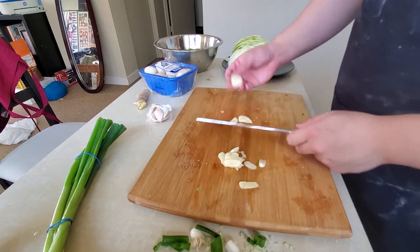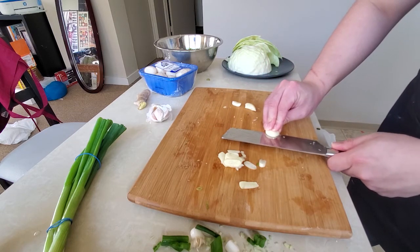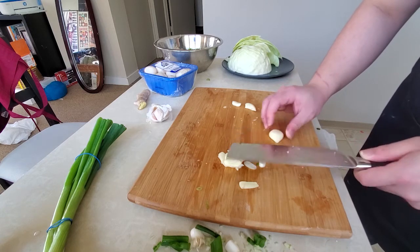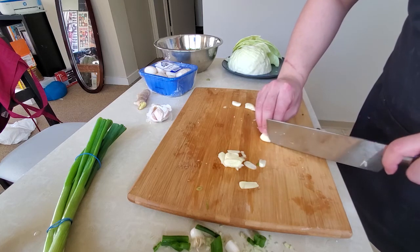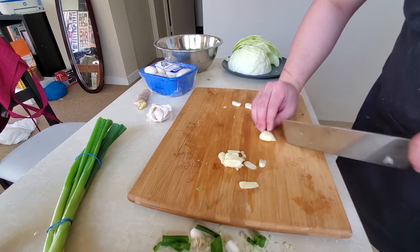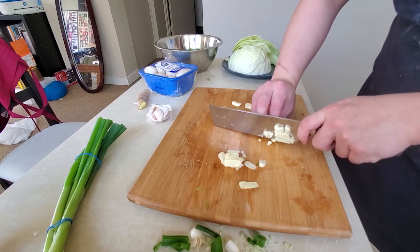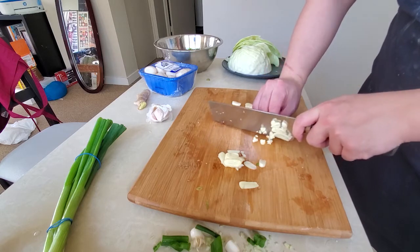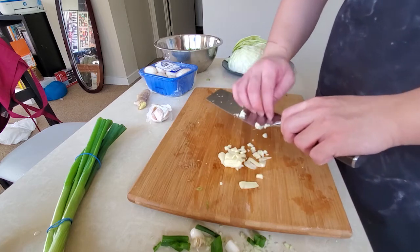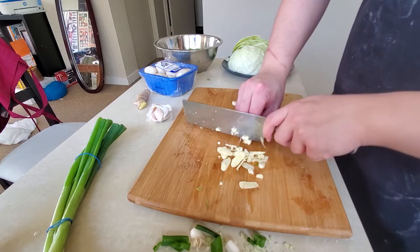I've seen some people do it like onions. They go here, go once, okay, and then they go twice. Some of them go three times at the top. I don't see the point in that. And they just go across like an onion, right? After that, you get your mince right out. With this method, I think it's kind of redundant, and if you're not careful enough, you don't know what you're doing. So I personally like the